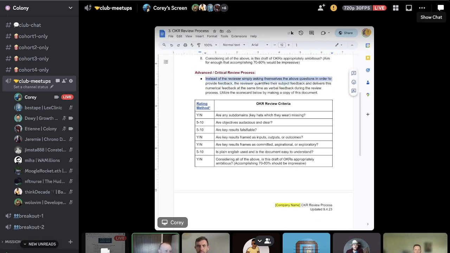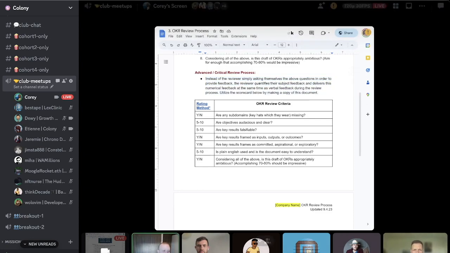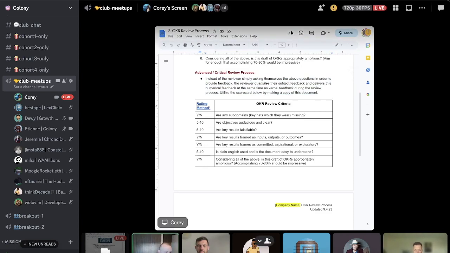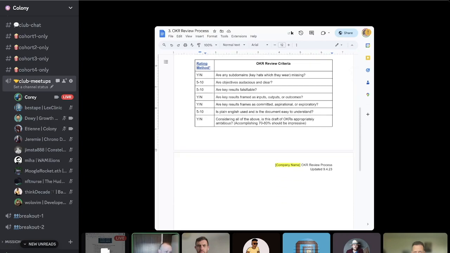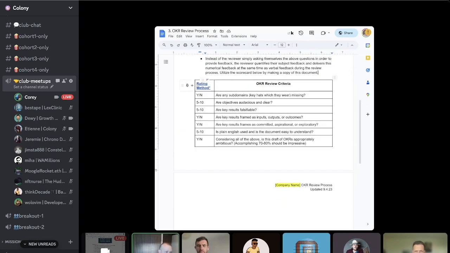Instead of simply reviewing the questions above, you're going to get quantitative with your feedback and use a key to indicate exactly what you mean with your numbers, because numbers could also be subjective. You know, my 8 out of 10 compared to your 8 out of 10, without finding a shared language about what that means, is not particularly helpful. So this introduces us to yet another